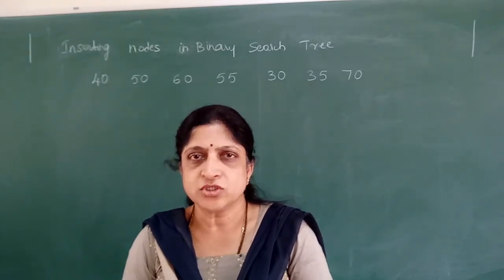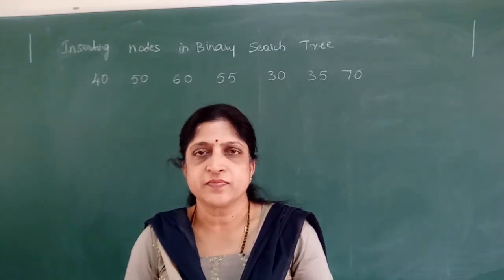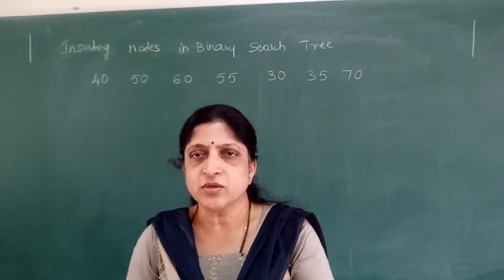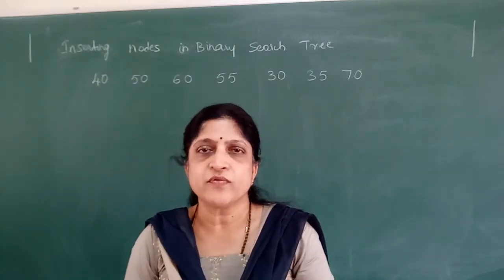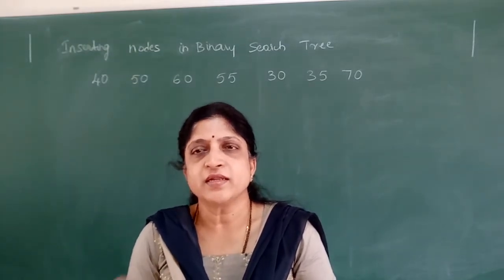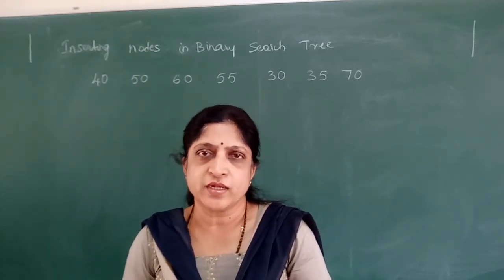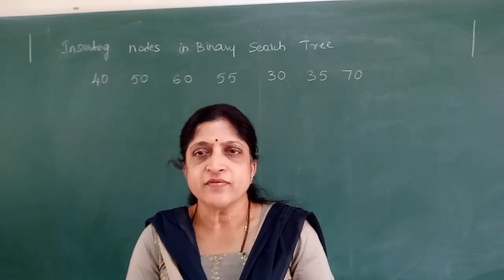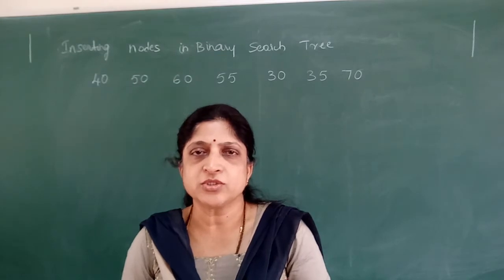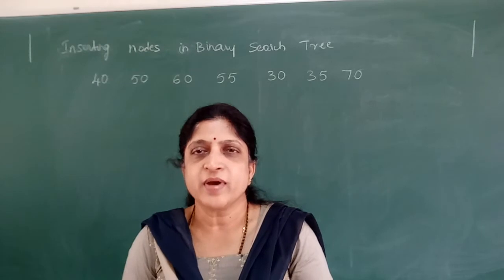Every node in a binary search tree has a key, and these keys are distinct. All the keys that are less than a particular node are in the left subtree of that node, and all the keys that are greater than any node are in the right subtree of that node, and every subtree in itself is a binary search tree. So these four properties should be satisfied. Then how do we create, or how do we insert into, a binary search tree?